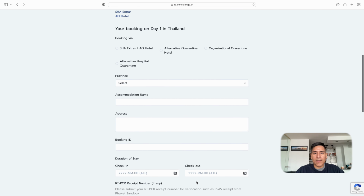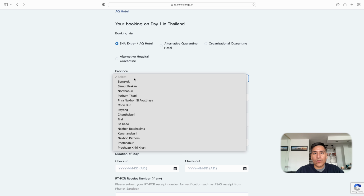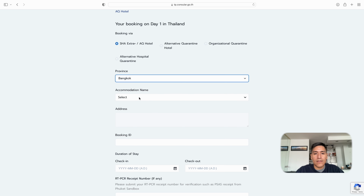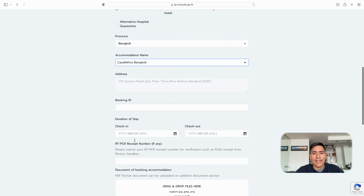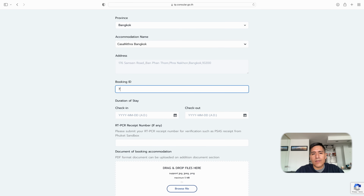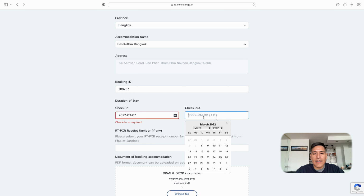This part, you just got to be a little bit careful. Make sure that you are using the alternative quarantine or SHA Plus hotel for this example. And in this particular example, we stay at Casa Nitra. So just one that we had a pretty good experience with. We have a booking ID. Make sure you put your booking ID here, and this is the check-in and check-out, which in the case is